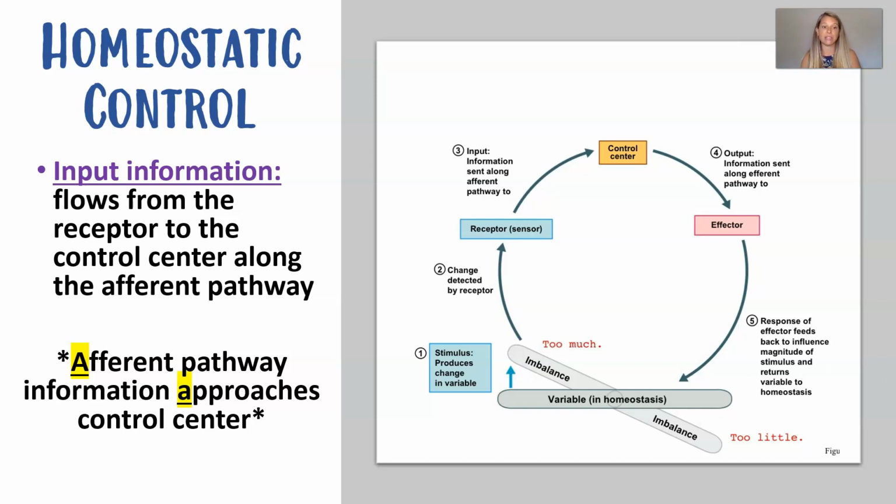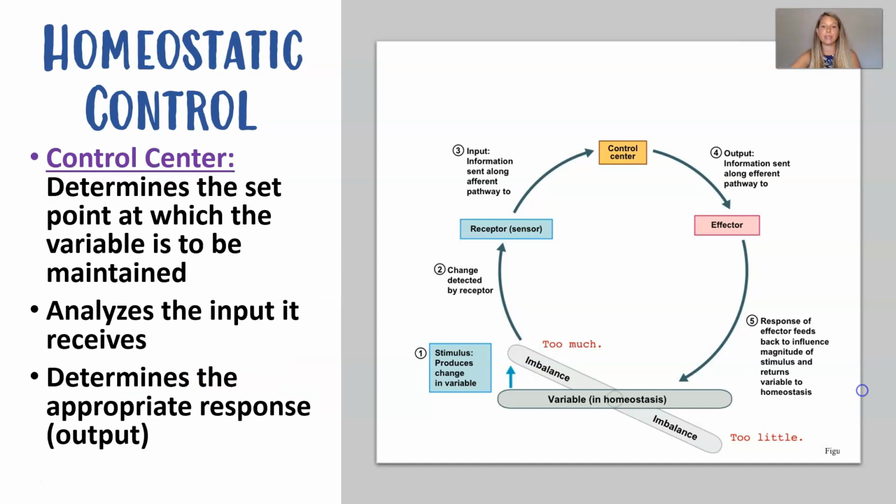And I always remember this because the afferent pathway, or the afferent information, approaches the control center. So then we have the control center, and the control center is probably the most important part of any homeostatic feedback loop. The control center is the structure in the human body that determines the set point at which the variable is to be maintained. This could be the brain, this could be an endocrine gland, but this is what determines what that range is. So it analyzes the input that it receives from the receptor cells